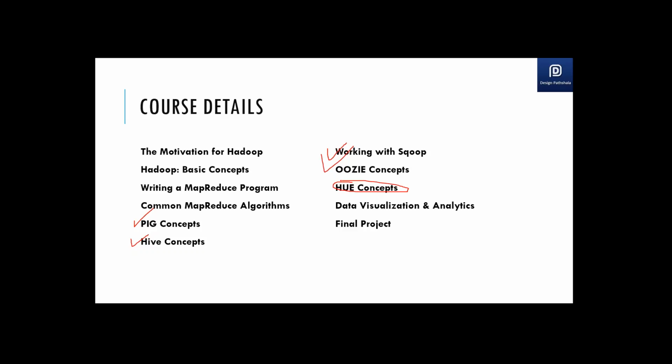So we'll keep on doing this. And finally, we'll not go deeper into this side, but I'll give you a brief of how you visualize your data or do analytics on your data after connecting different visualization tools to your big data world. And at the end, I'll be giving you a final project which would involve most of the things which we have discussed in the class, and you can develop that project. Once you are done with that project, we can have a final class to discuss if you are facing any issues and what could be improved in the project and things like that. And once the project reaches a satisfactory level, you will definitely get a certificate from Design Pathshala also.